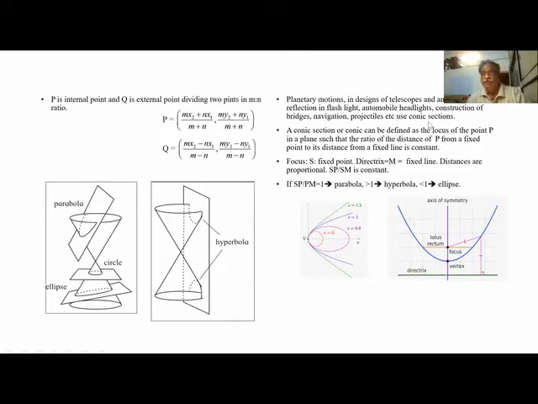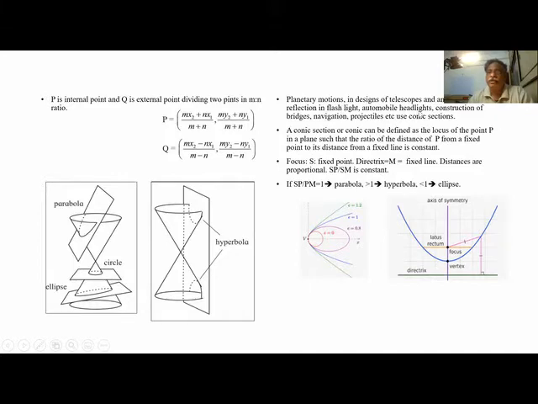All planetary motions are elliptical motion. This is what Kepler's laws say. We have big antennas, even small TV antennas, which are parabolic. Whatever light or electromagnetic waves fall on the antenna come to the focus point. From the focus, the electric signals are collected and sent to the TV. So they are all parabolic in nature.